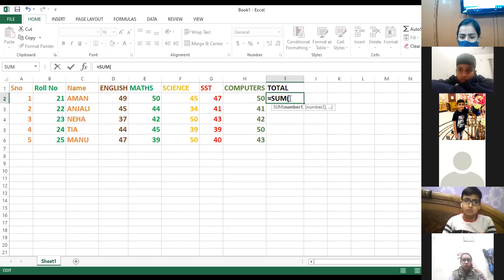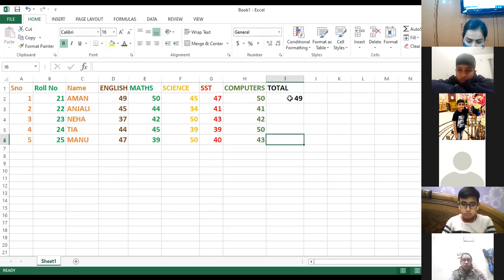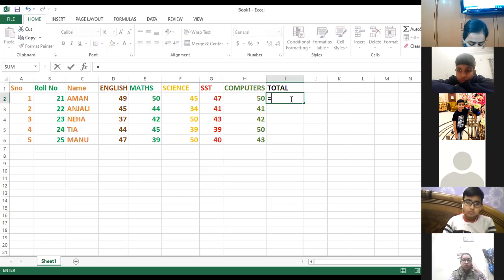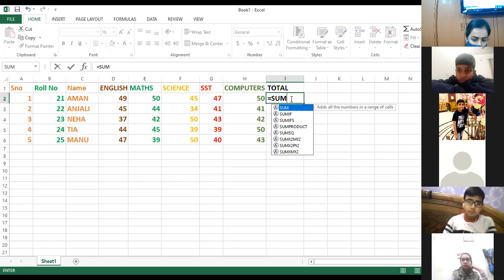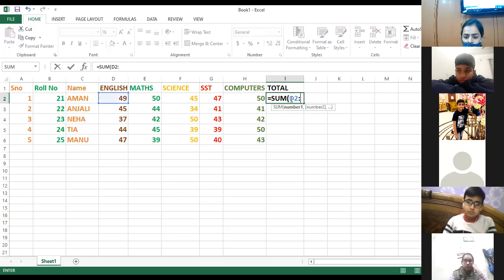So I am writing here equals to sum D2 colon. I had pressed it by using the shift key. Use the shift key and then press the colon sign.